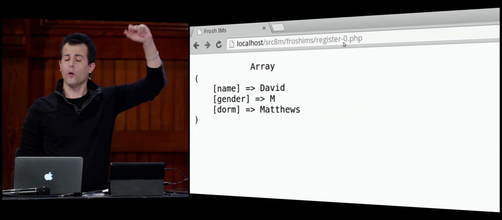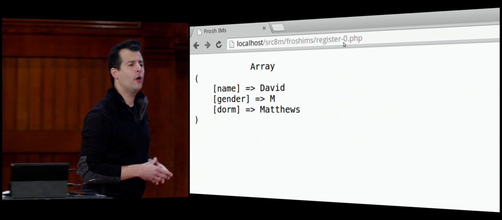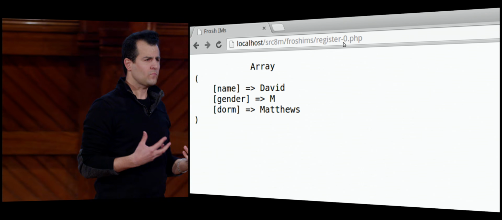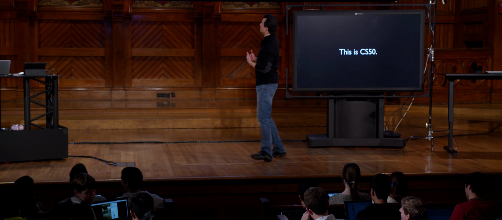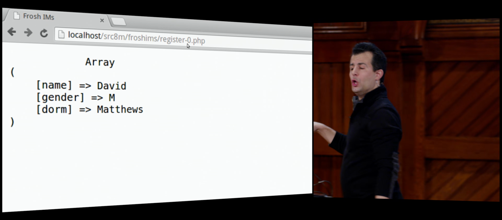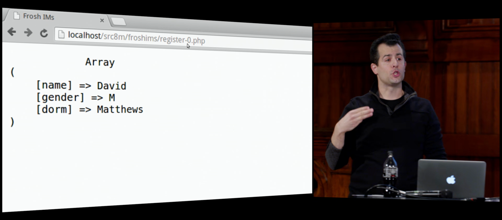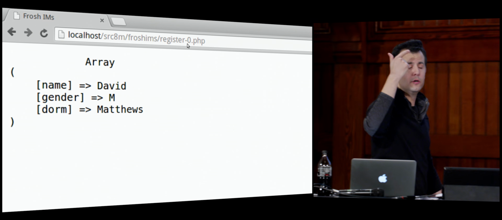I gave no thought to the formatting of this, but what is interesting is that 3 values were apparently passed in. This is PHP's sort of equivalent to printf. We'll see what it's really called in a bit, that just prints out what you passed into it. So this suggests that that form had at least 3 fields to it. And you saw me type them in. One was my name, one was gender, one was dormitory, and captain didn't even get sent to the server because